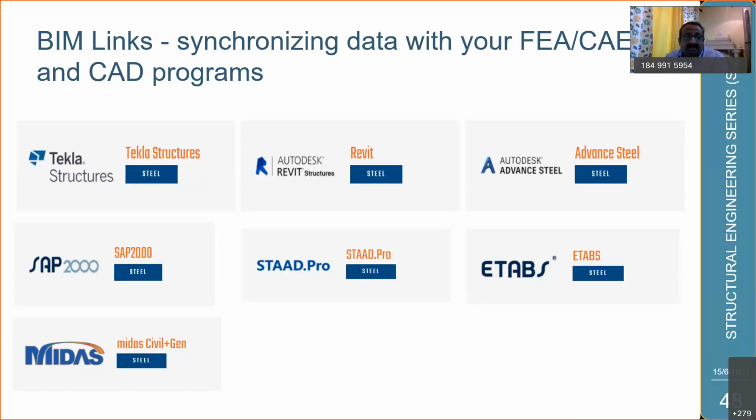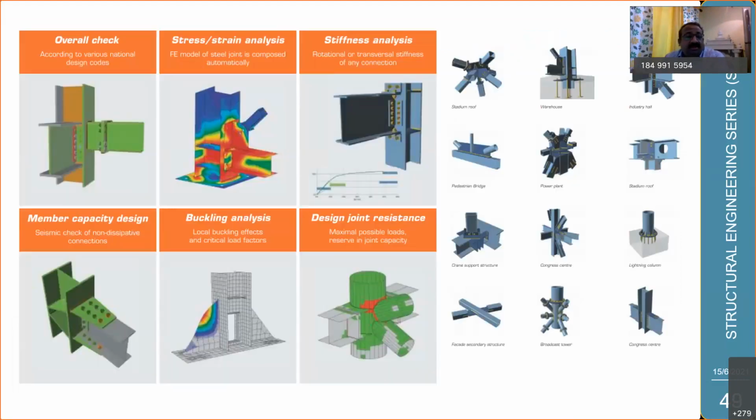For example, if I worked on an ETABS steel model and did the member design, I can directly transfer the connections over here, where it does the overall check: the stress-strain analysis, the stiffness analysis, the member capacity design, and the buckling analysis, and the design joint resistance. And you can see different types of connections like the stadium roof, the warehouse, the power plant, and